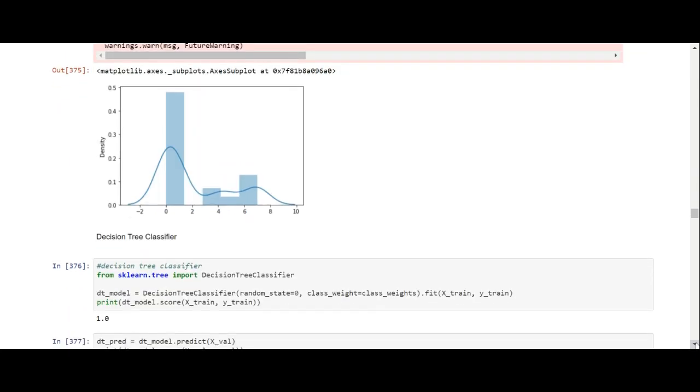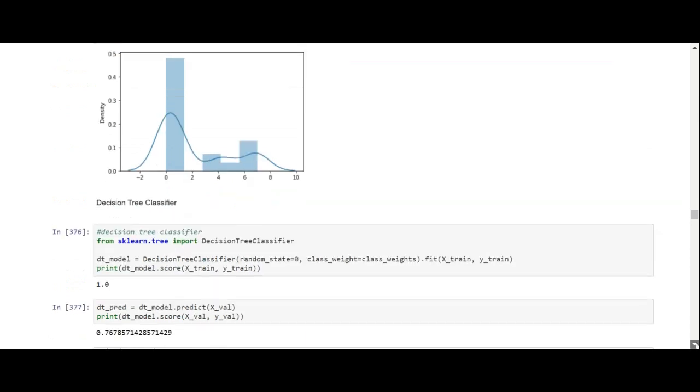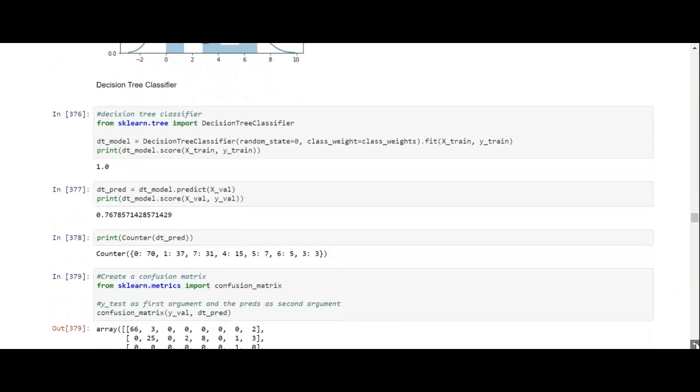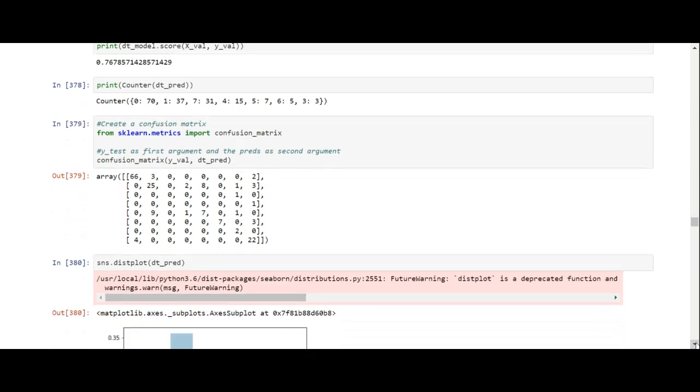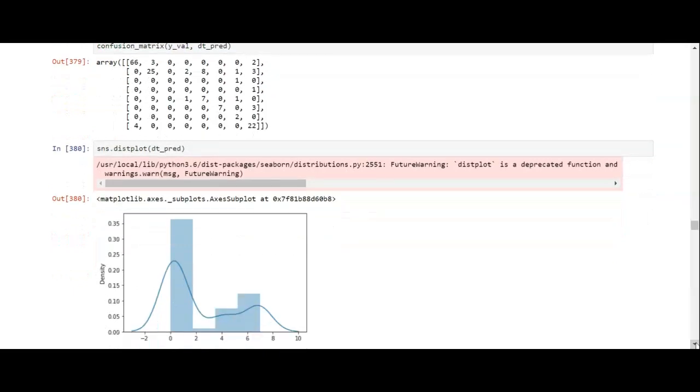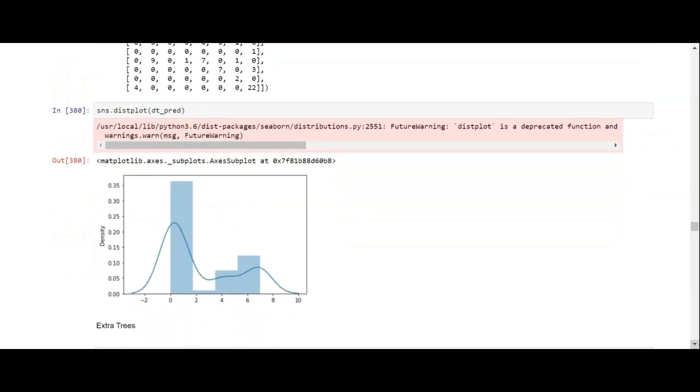We put it on a graph, and you can see there that number 2 didn't get represented. We tested on the decision tree classifier, and again, when we fit the model on X train, Y train, we got a 1, and when we predicted on the validation set, we got 76.79% accuracy, which is pretty good. We put it on the confusion matrix, and it still didn't pick up number 2. We put it on a graph, and you can see on the graph